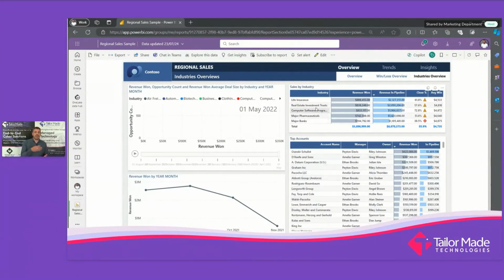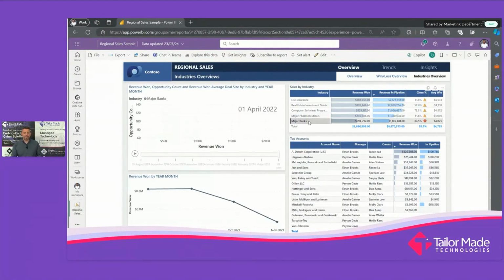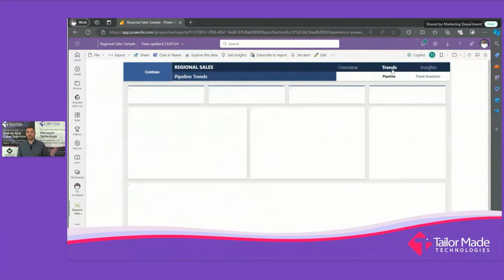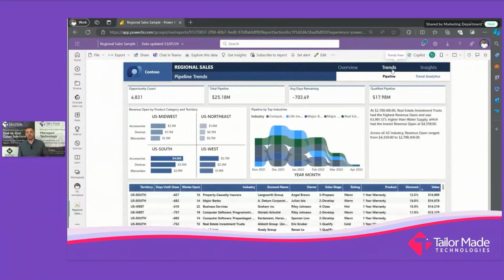And then, of course, we could cut it again and have a look at the industries, because all of this data is underneath the platform. So I could start to say, well, when do we sell to our major banks? Okay, it looks like we're selling a lot more into the computer software area. There's a bunch of opportunities. Our total banks, in terms of what we're winning, isn't massive. Maybe there are some reasons behind that. Maybe it's a time of year thing. Maybe our campaigns aren't particularly good. We need to ask some questions.